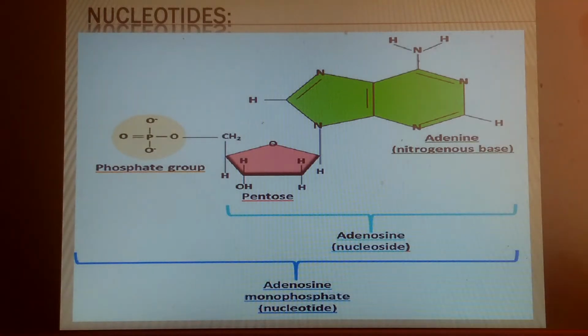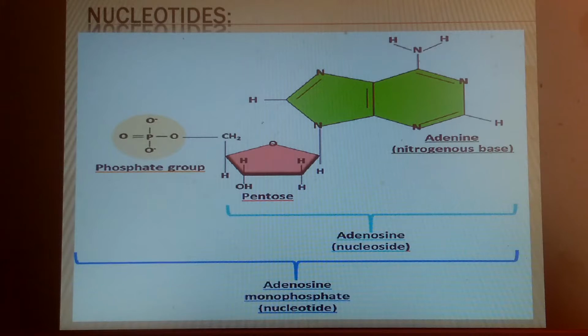Good morning to all. In our last class, we discussed adenosine monophosphate, the nucleotide formation of adenosine monophosphate. So a monophosphate or nucleotide consists of a base, sugar and phosphate group. The base is attached to the sugar at the first position, and a phosphate group is attached to the fifth carbon. In both cases, the linkage is due to the removal of an H2O molecule.